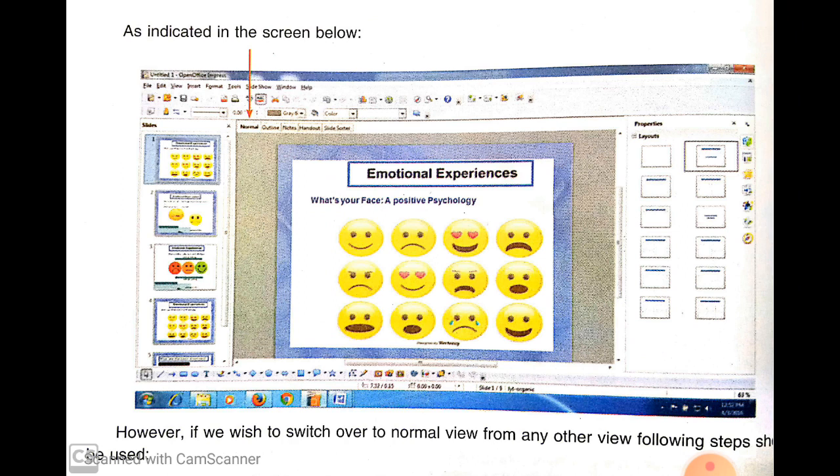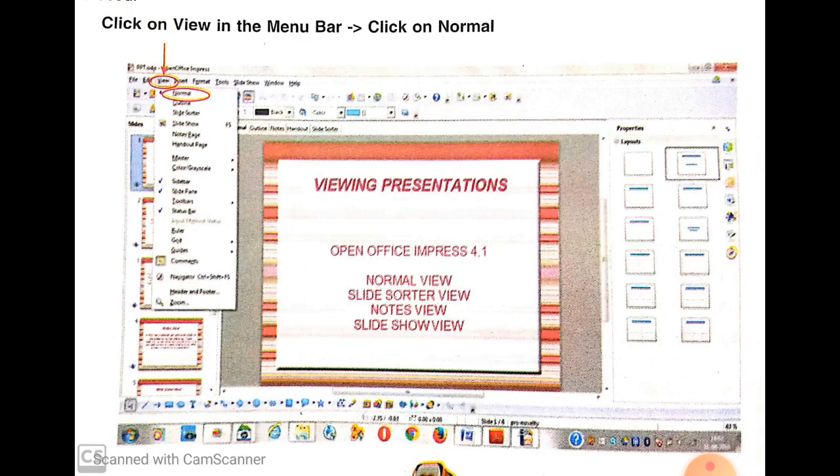However, if we wish to switch over to normal view from any other view, the following steps should be used. Click on View in the menu bar and then click on Normal as shown in this picture.